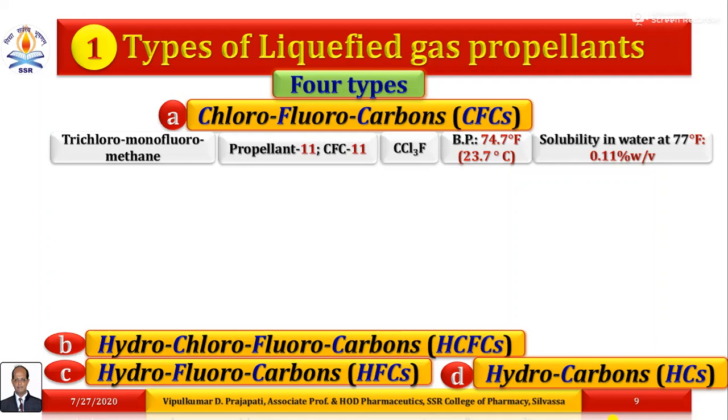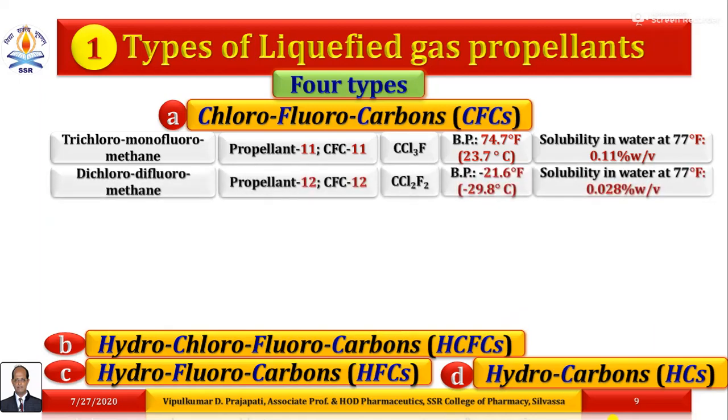All propellants have desired physicochemical properties such as boiling point, density, molecular weight, vapor pressure. All are required to be considered during the formulation in order to get the desired form of pharmaceutical aerosols. Its solubility in water at a definite temperature is also required to be considered during selection.